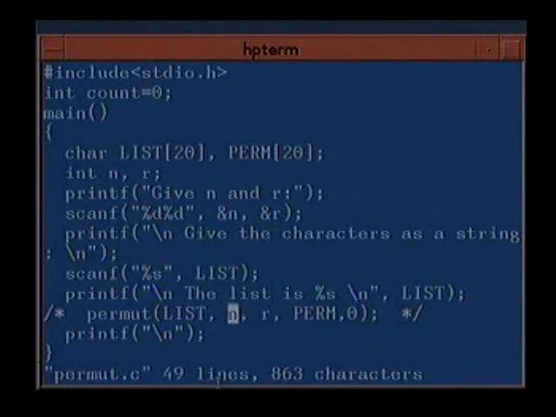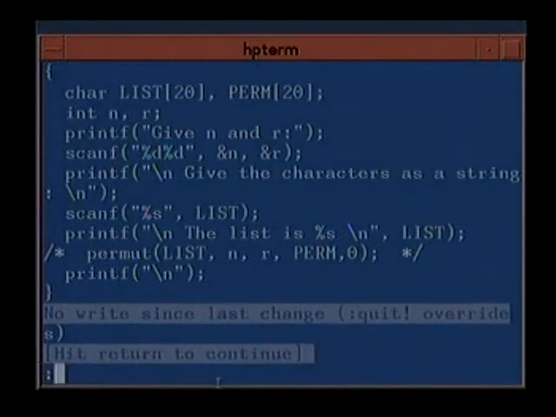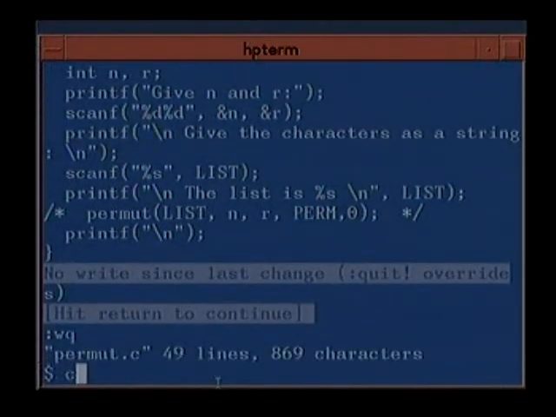So we read it like this %s, and then we can print it in %s format like this. There is a call to permutation which I have commented out for the time being. I have purposely commented it out, we will have a look at it much later on. So comments can be given like this, slash star and ended with star slash. So this program will not execute this part, this will not be compiled. So we will just have a look at reading and writing strings.